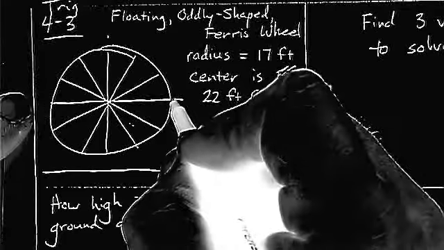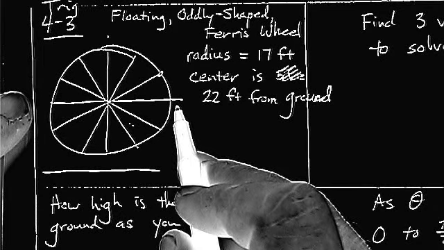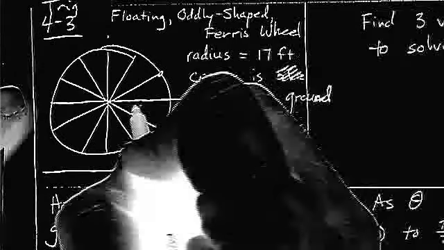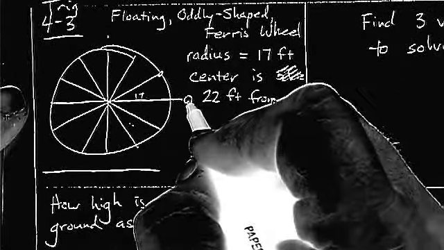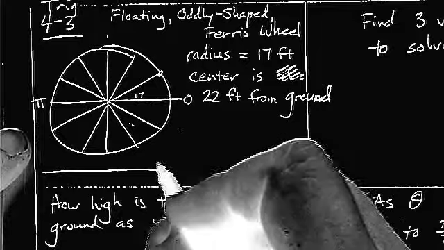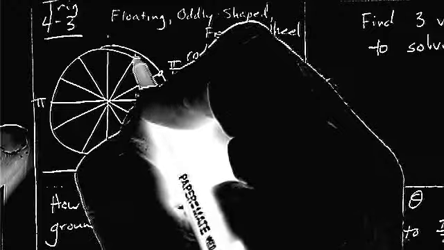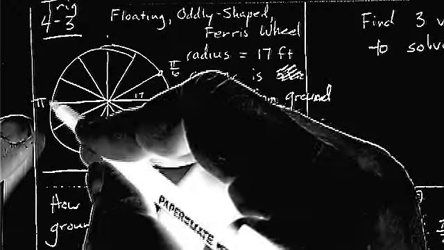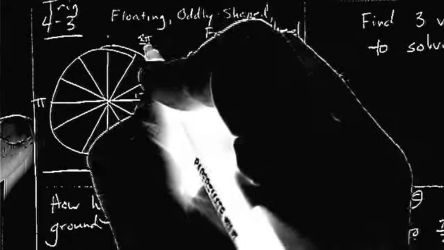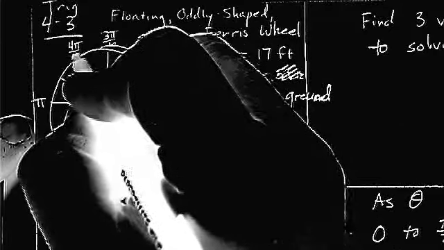So every one of these points, right, you'll notice that there are 12 spokes to this Ferris wheel. So if we can think of this like a unit circle except with a radius of 17, then each one of these would be considered pi. Each one of these would be pi over 6, right? 2 pi over 6, right? Because if there's 12 of them, then you're cutting pi into 6 pieces. And this would be 2 pi over 6, and 3 pi over 6, and 4 pi over 6, and